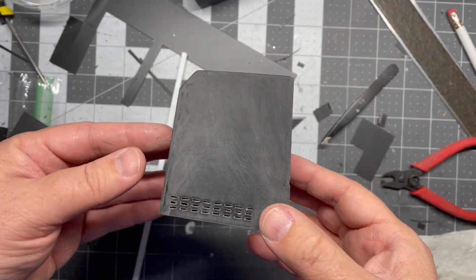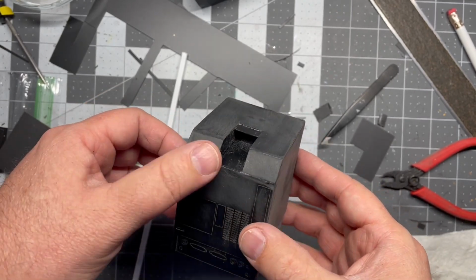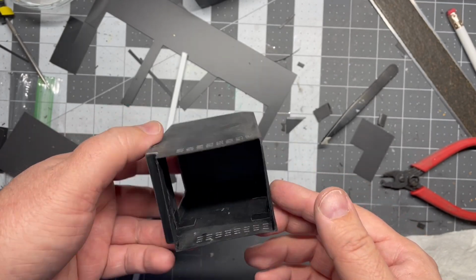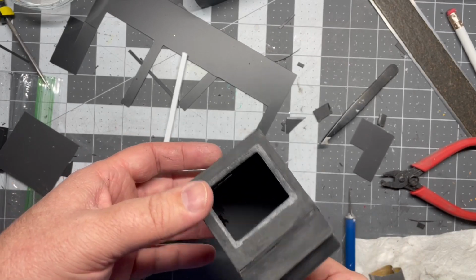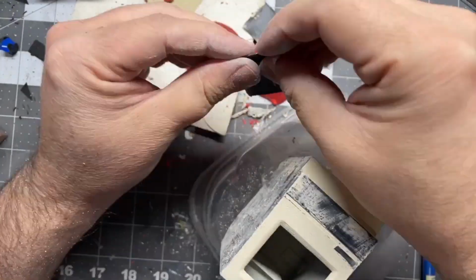Now I got it all cleaned up, wet sanded. This thing is ready to prime and paint. So I went ahead and primed and painted it, but I kind of ran into a major issue. It was like 30 degrees outside, and my paint actually froze as it was coming out